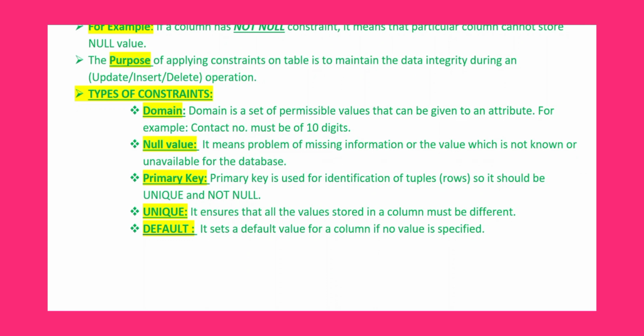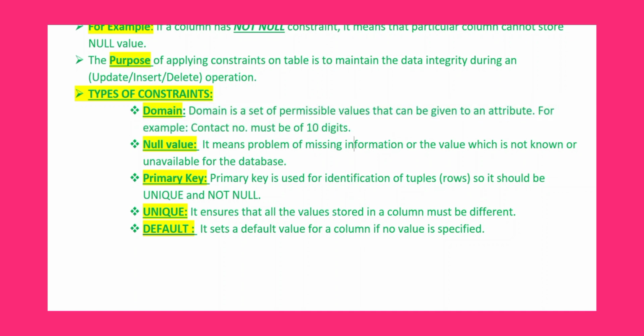First one is known as domain constraint. Now what is the meaning of domain? Domain means, in simple words, it is written here so that it can be understood by each and every student who is a beginner or who is learning the database for the first time. If you have learned this word domain, then obviously you will think, what is the meaning of domain? So in simple words, it is written here: domain is a set of permissible values that can be given to